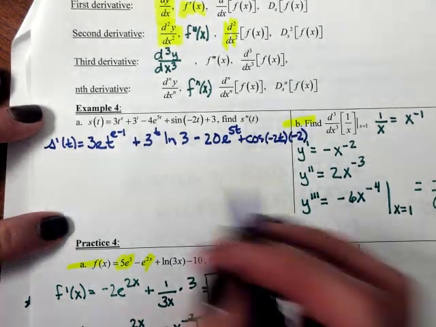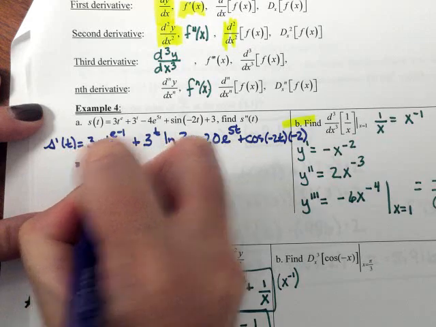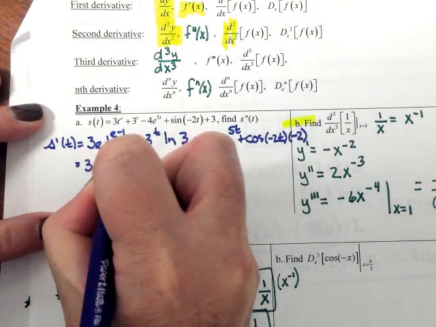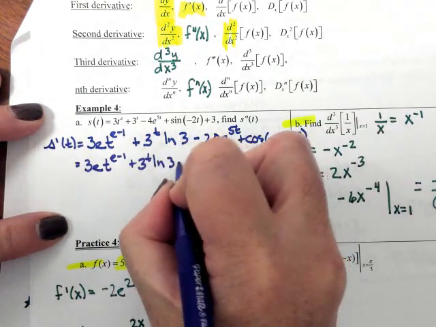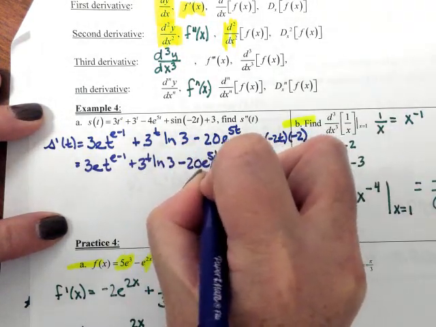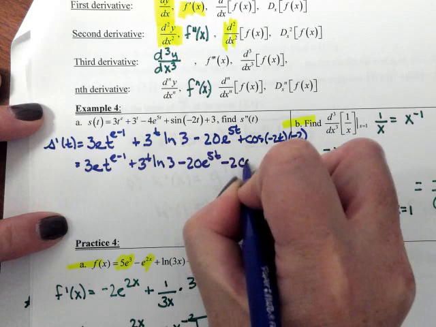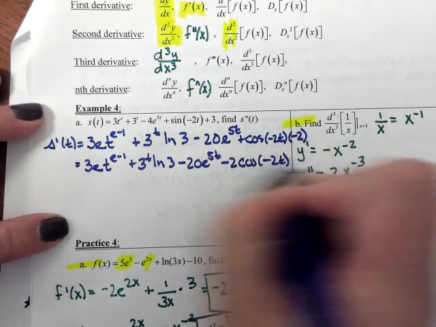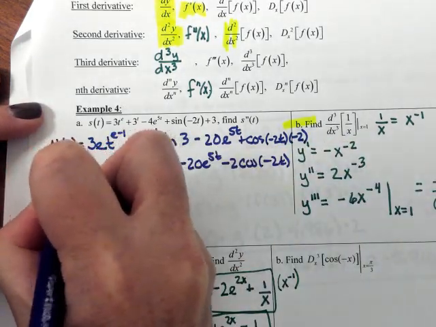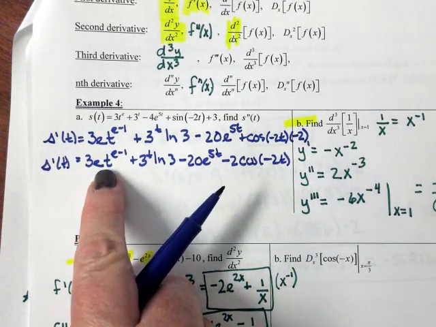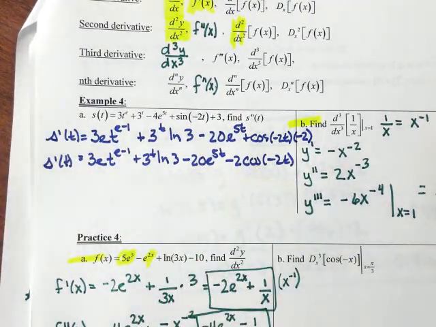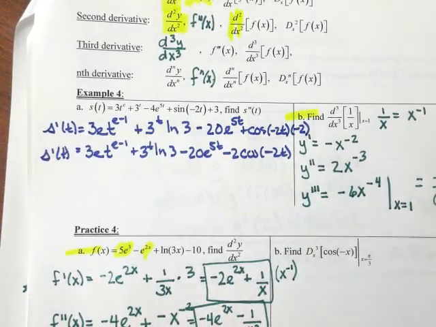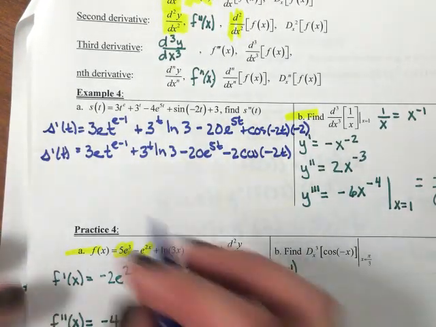So when I clean up this first derivative, that's going to give me 3e times t to the e minus 1 plus 3 to the t times the natural log of 3 minus 20e to the 5t minus 2 times the cosine of negative 2t. So there's my first derivative. Let me just make sure I did that right. Yes, okay. So now when I go ahead and I want to take the second derivative,